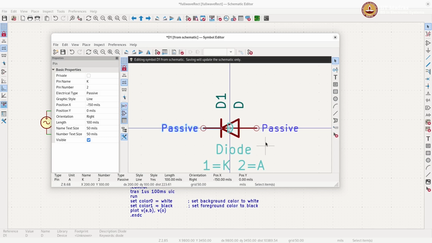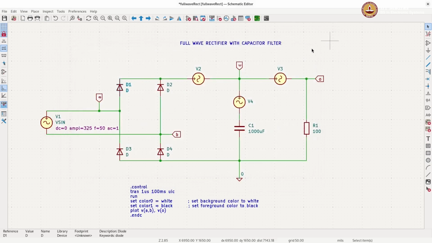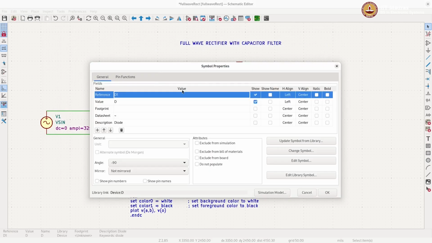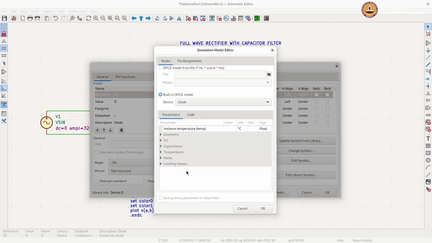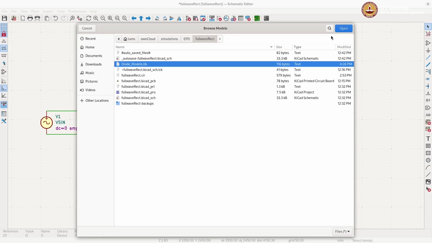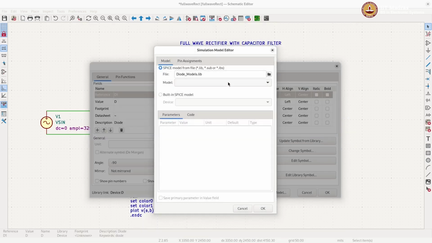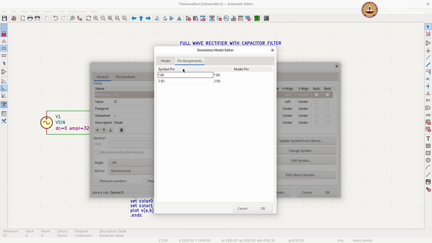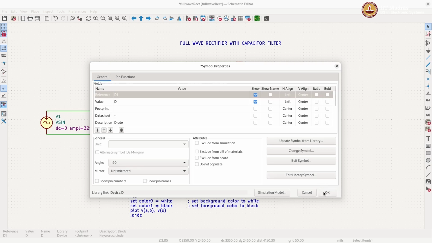So now your pin assignments are fine. You can save that and close this. And here in this diode model, now you click on that simulation, pick the file, the diode model lib file, open it, choose diode model, and now you see the pin assignments. 1 is anode, 2 is cathode, no problem. So you should be able to go forward. So you can say OK,